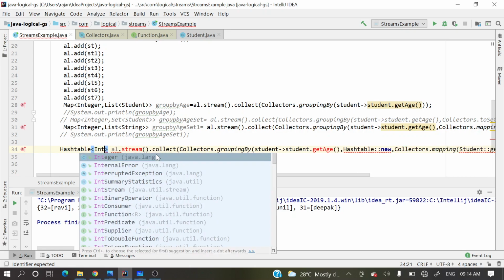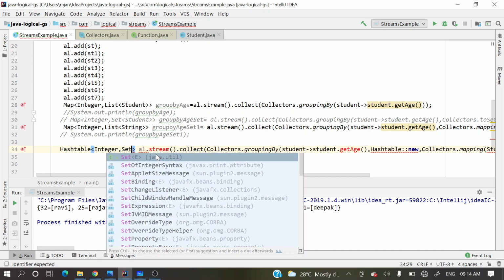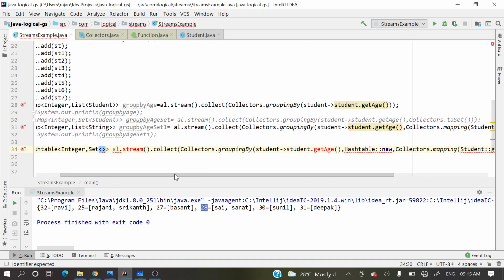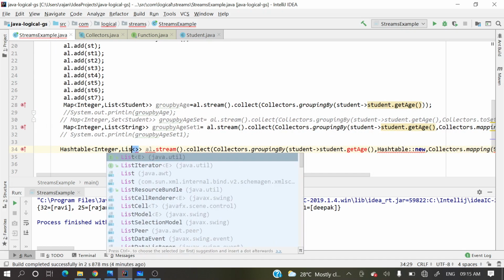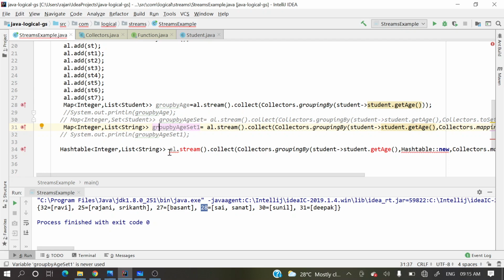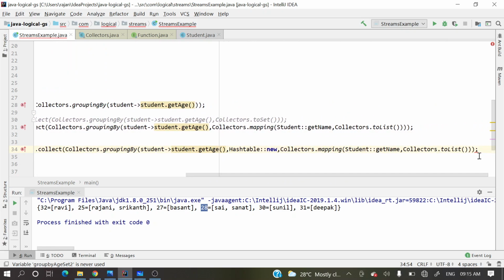Integer, and a set of, whether it's a set or list, what exactly are we taking, list of String, and we'll take some name, groupingBy age, three parameters. Okay, one more parenthesis expected. Okay, so we have done this one.